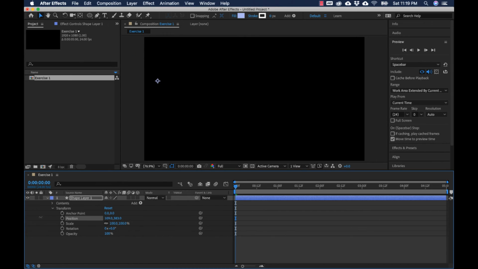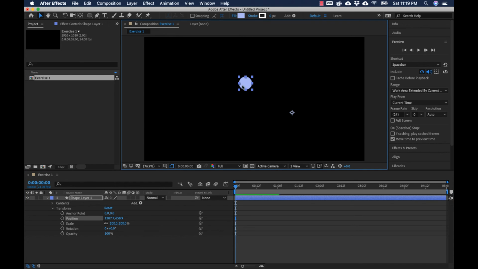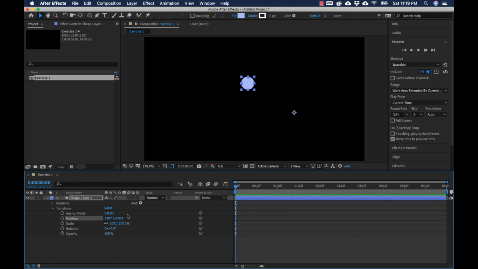The arrow at the top, the selection tool, can be more helpful if you just want to manually move it. But moving the numbers can give you more precision, especially if you want to move it only horizontally or only vertically. You can also nudge with the arrow keys, left, right, up, and down. That's moving the position. Now, I'm going to skip scale for a moment and just go to rotation,